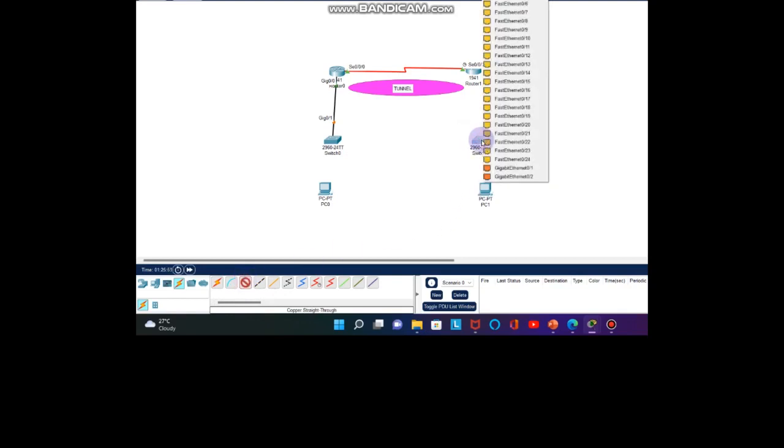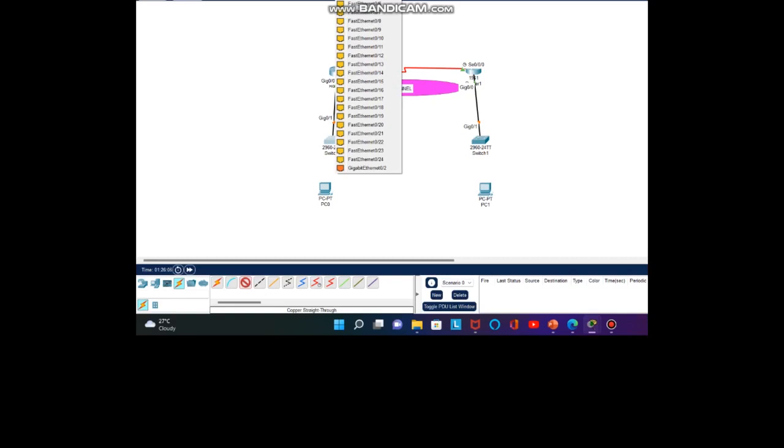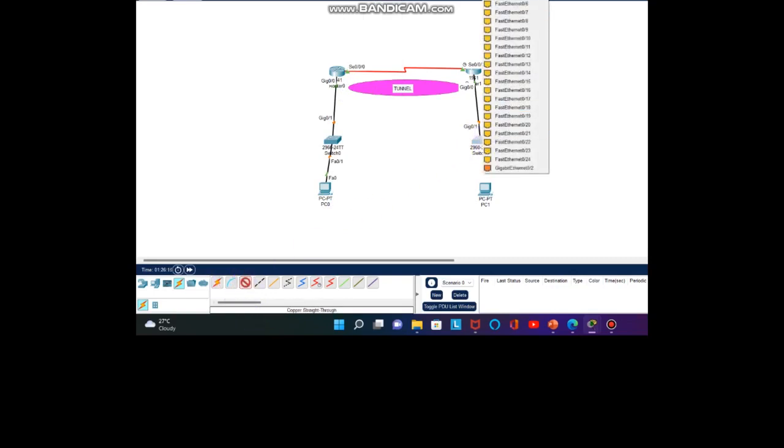So I configured G0/0, that's why I am connecting with G0/0 only in the router. See here, 0/0 I have already given an IP, so that's the reason I just connected with that gigabit Ethernet interface. So with the PC also, do the connections. Similarly, on this side also do the connection with the PC. Fine. Now done, right? So all this is over,